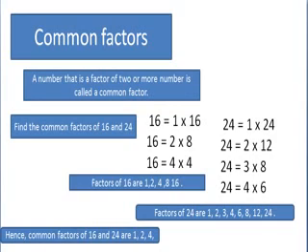So we will put down 16 into 1, 8 into 2, 4 4s are 16. जितने भी table में हमें 16 आता लगेगा उतनों को हम उसका factors मान लेंगे. So what are the factors of 16? 1, 2, 4, 8 and 16. Now 24, 24 1s are 24, 12 2s are 24, 8 3s are 24, 6 4s are 24. So factors of 24 are 1, 2, 3, 4, 6, 8, 12 and 24.